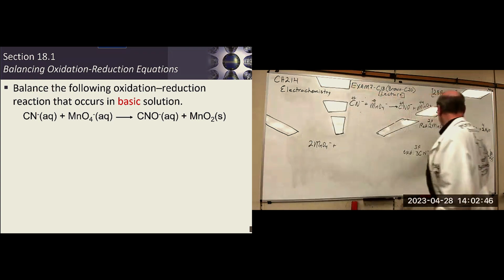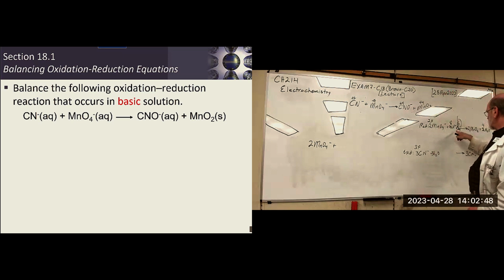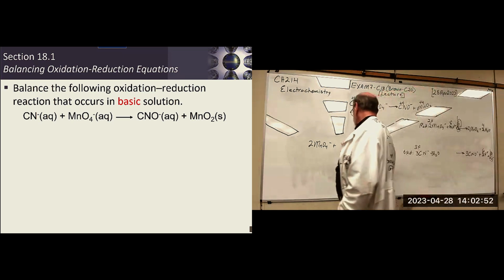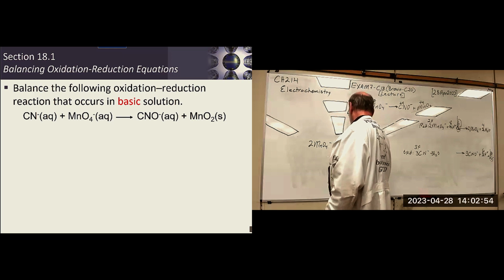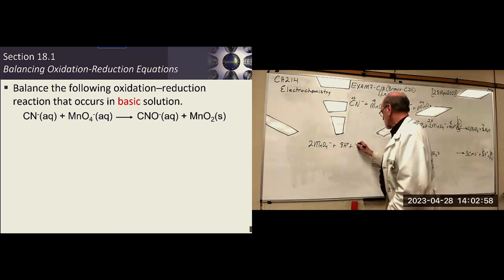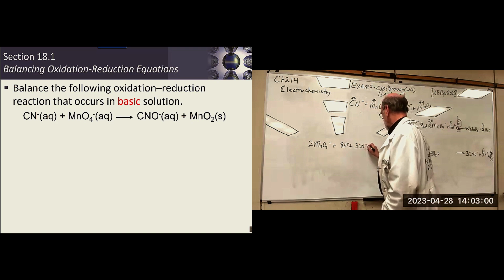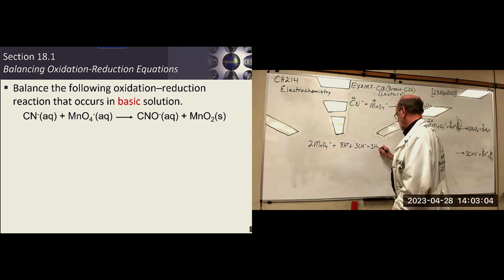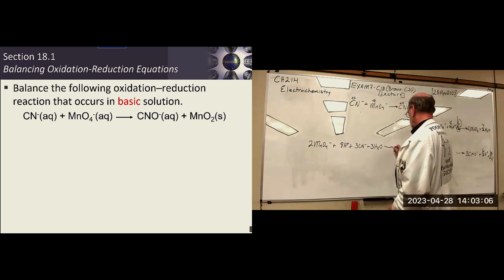And then, let's see, 8 H plus. Right. And then I've got 3 CNs and 3 waters. And that yields,